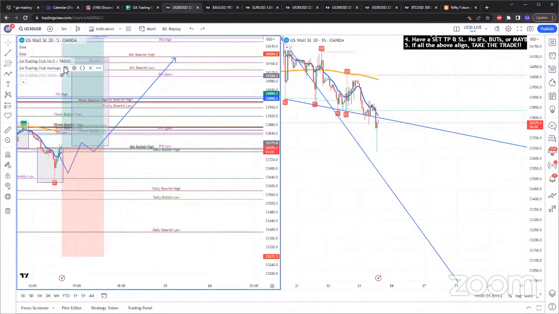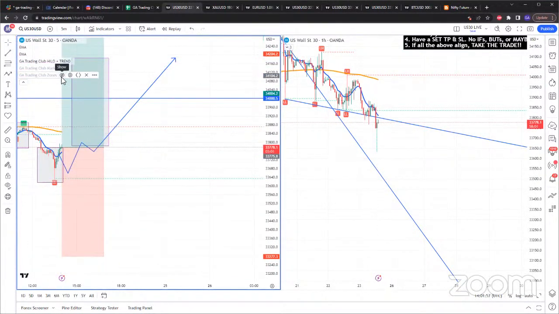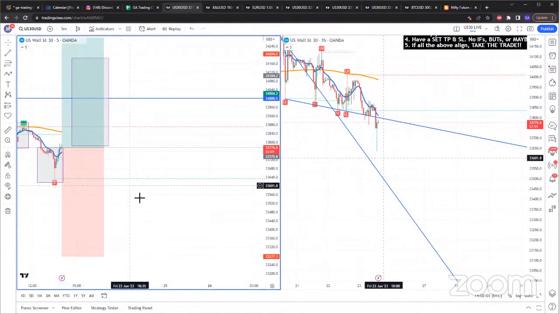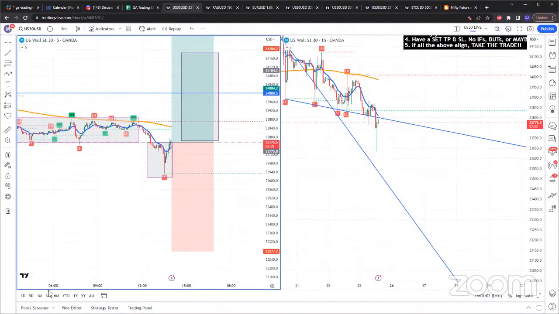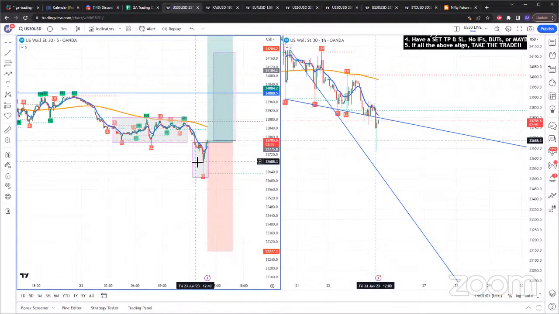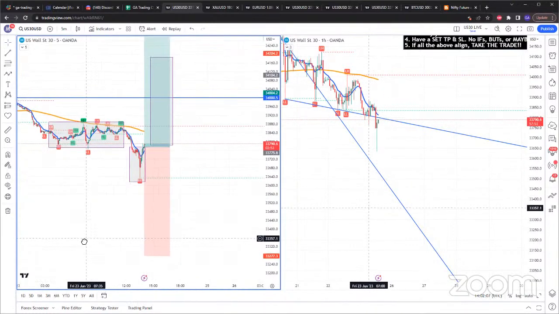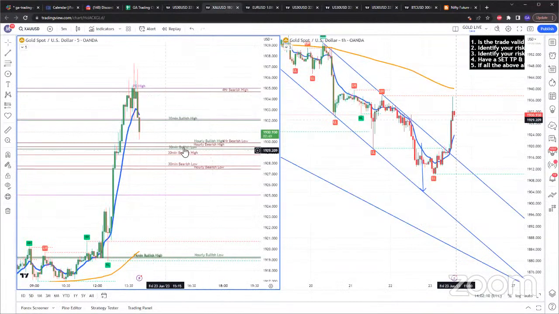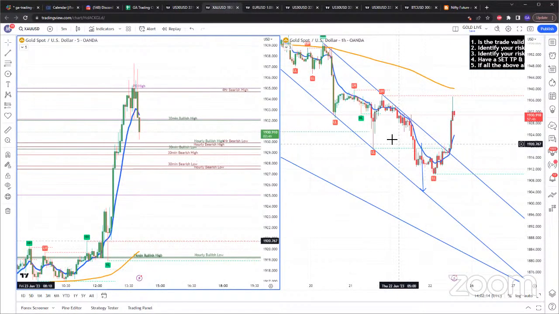And since I don't need these markups anymore, since I already know I'm in the trade, I don't need this. So this is what we are expecting to happen, right? Accumulation, manipulation, distribution to the upside. That is what we're expecting. So I'll go to gold. Gold, what do we have? So here's the thing for gold.